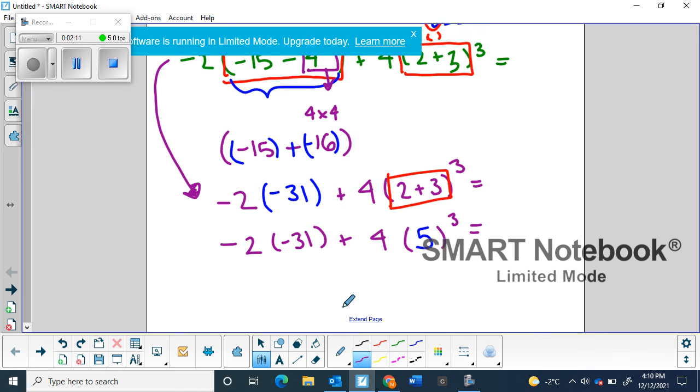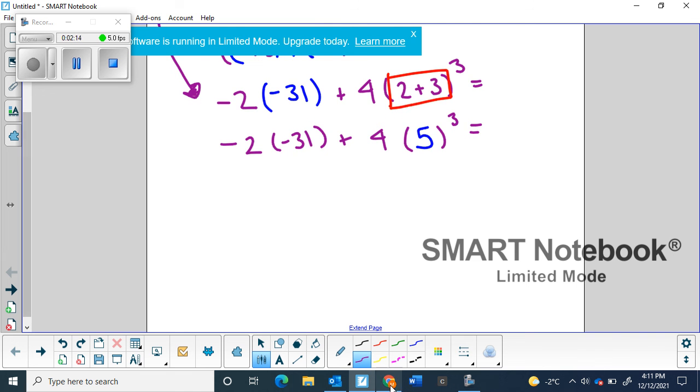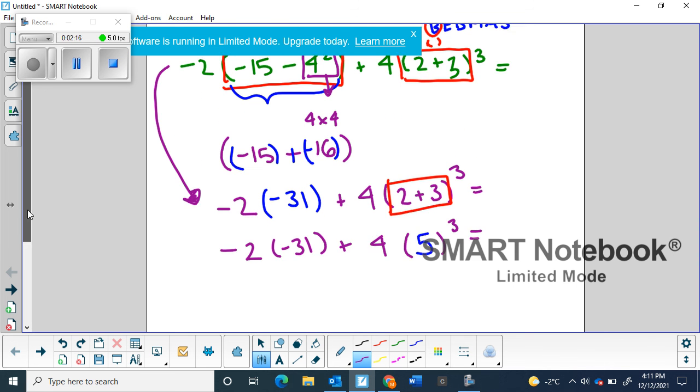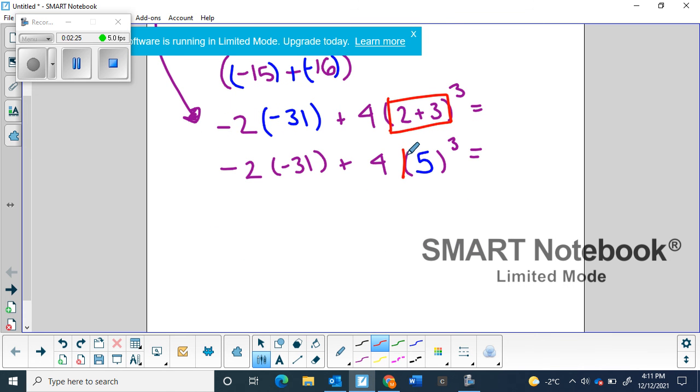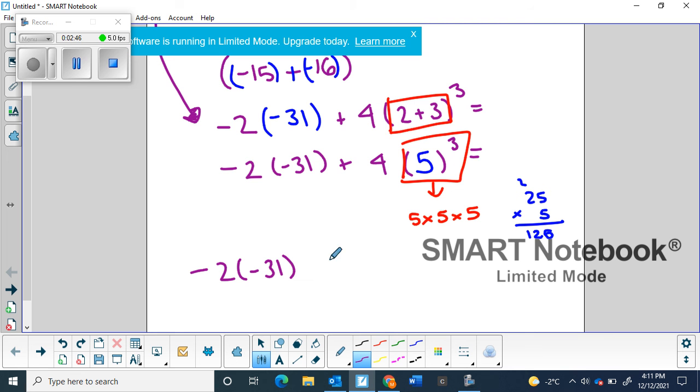All right. Now, if we look at our equation, we're almost done here. We finished with all of the brackets. So up at the top, we can cancel out. We're done with brackets. Next up is exponents. And we do actually have exponents here. So we've got 5 to the exponent 3, which means 5 times 5 times 5. Which would be 25 times 5. That's going to give us 125. So now when I put that through, I'm going to rewrite everything else. Negative 2, bracket negative 31, plus 4, and then bracket, we have